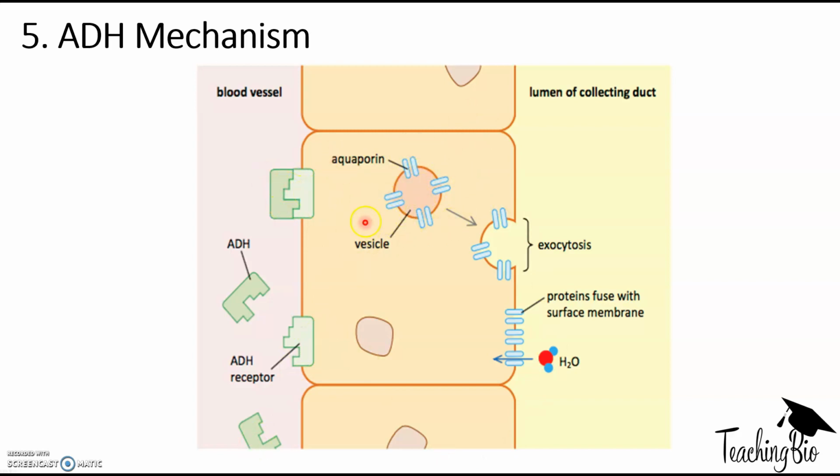So when it binds, it triggers a series of reactions and activates an enzyme called phosphorylase. And then while it does it, it sort of moves these vesicles to this membrane here of the epithelial cell lined in the collecting duct. These can then be embedded into that. Therefore, the water that was in the lumen, that filtrate that we just produced, can then move into the cell and then into the